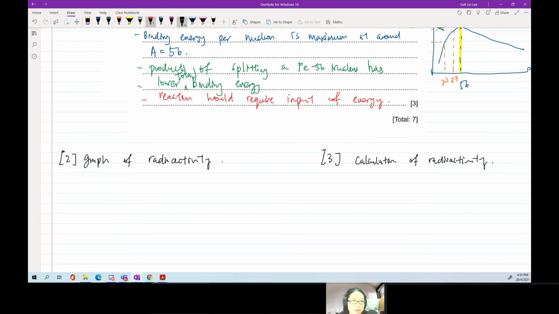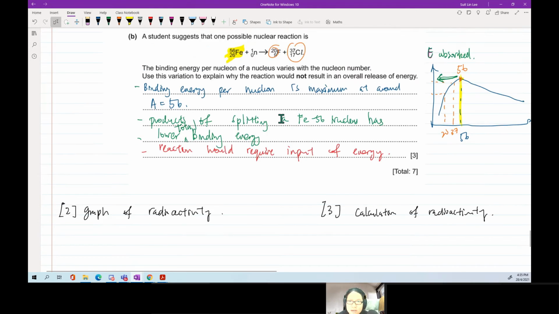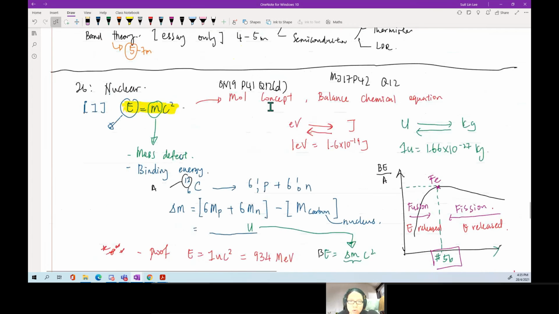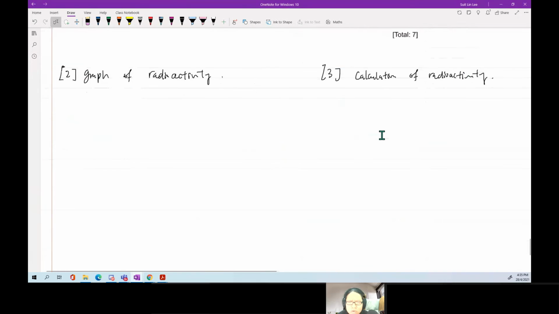Okay, let's talk about side dishes first. Things you need to know before you want to try to answer. So this one is more straightforward: mole concept, balanced chemical equation, basic conversion. What you need to know here,